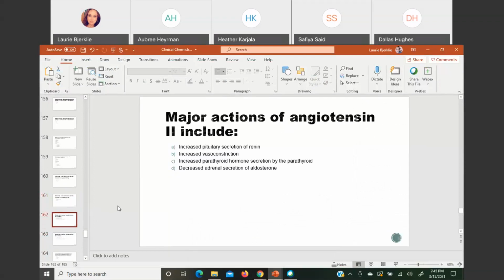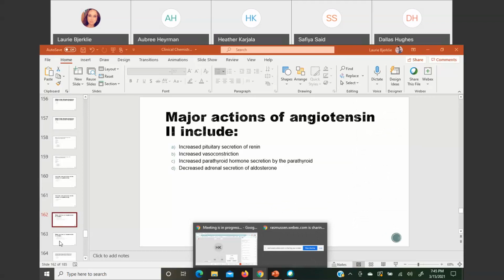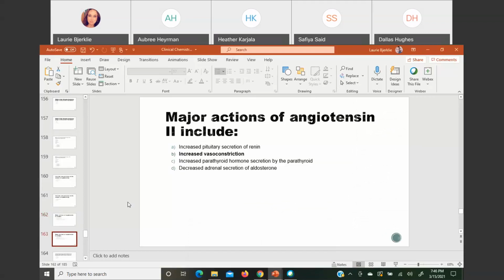Major actions of angiotensin 2 include... All right, so we have a few answers here. In this case, it is increased vasoconstriction. Letter D is not correct because angiotensin 2 would cause an increase in secretion of aldosterone, because the way it goes is renin will form angiotensin 2, which will help secrete aldosterone. So the reason D is not correct is the decreased release. Instead, it would be an increased release of aldosterone. So its other role is increased